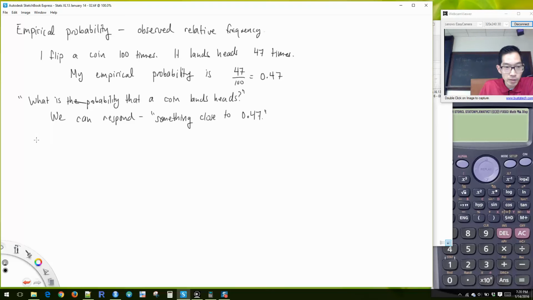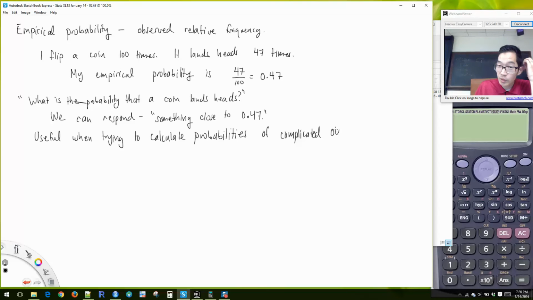So this is useful when trying to calculate probabilities of complicated outcomes. So for example,